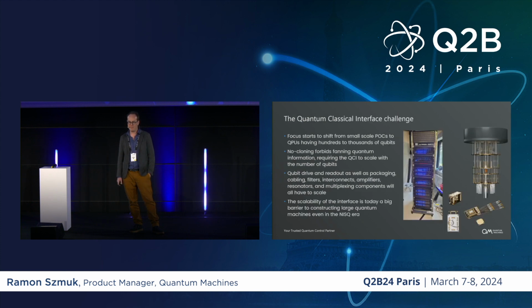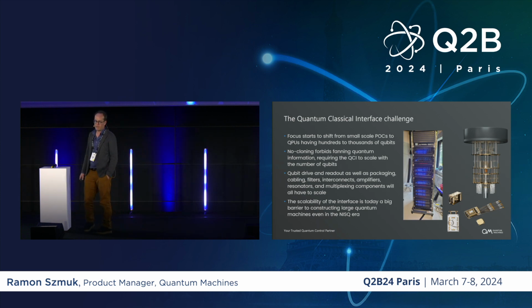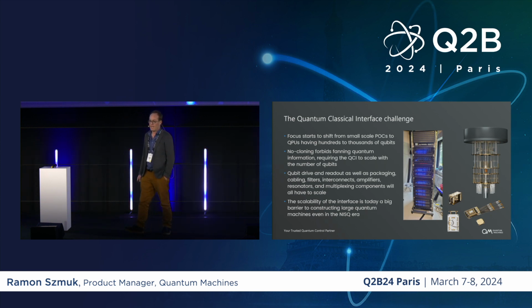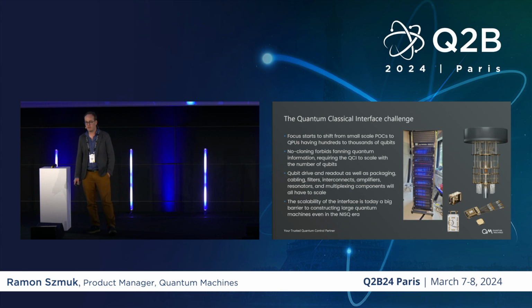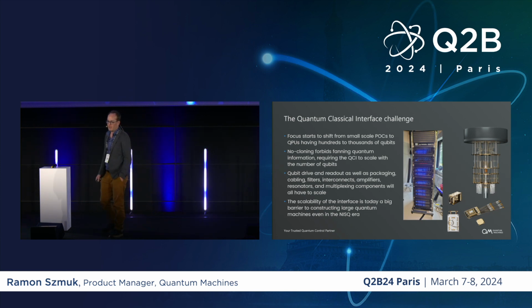So let's see. This is a cluster, maybe not the biggest we ever made, but a representative one. This is a cluster of our previous generation of controllers, and this is what's required today to drive a 25 qubit Quantware chip. Okay, I will show you the next generation in a few slides, and all this rack will fit into a single box. So this is kind of our offering, or part of our offering for solid-state qubits, controllers at room temperature and cryogenic equipment down the fridge.